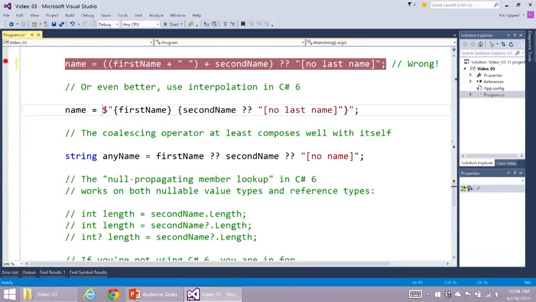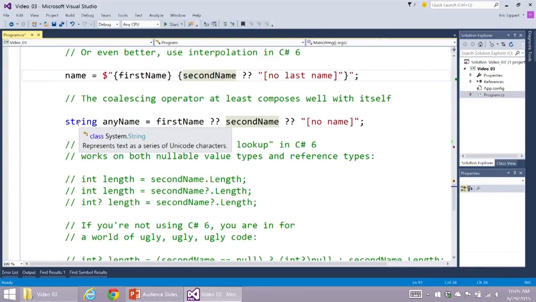So it would be better to write this code in C# 6 to use the string interpolation here, where we have the first name followed by a space, followed by, and then we can put in this brace area the null coalescing operator. And now there is no problem with the relative priority of the addition and the coalescing operators, because there is no addition operator. The coalescing operator does not compose well with addition, as we've just seen, but it does compose very nicely with